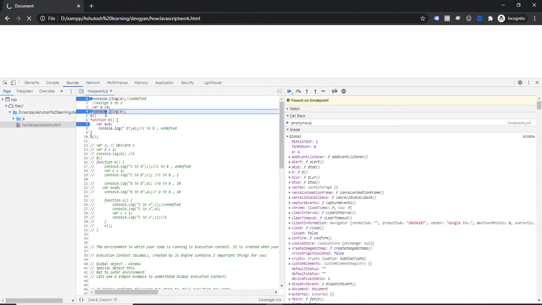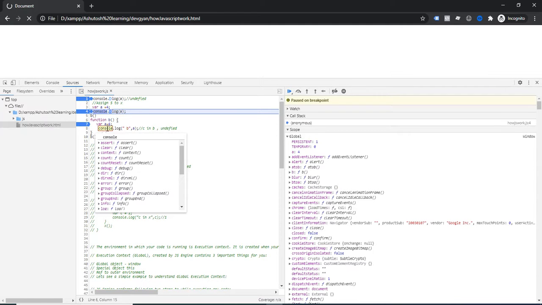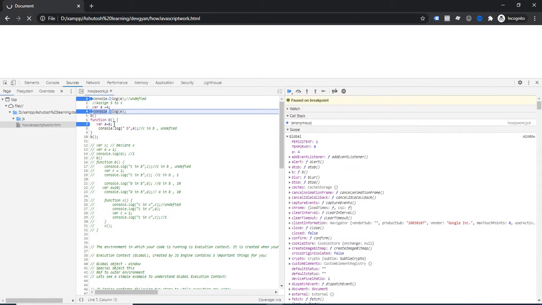So within the function, the same thing will happen once again. It means, if function invocation happens, then within that function they will do scanning or parsing, and during the parsing they will try to identify variables in the function. They will set up the memory space, and the initial value of the variable will be undefined, and the function will store its value. Okay, the same thing happens in the functional execution context as well.